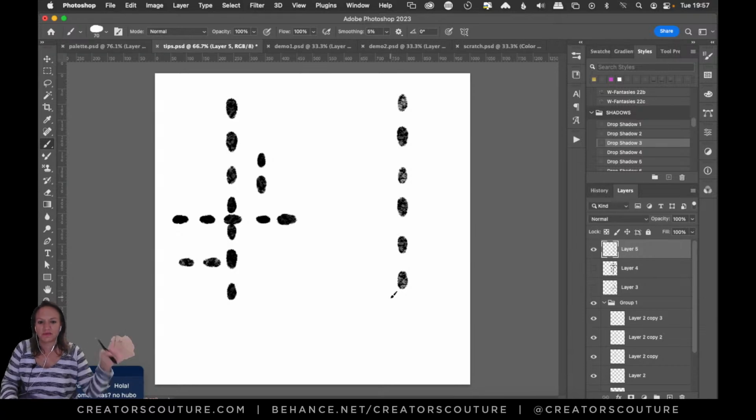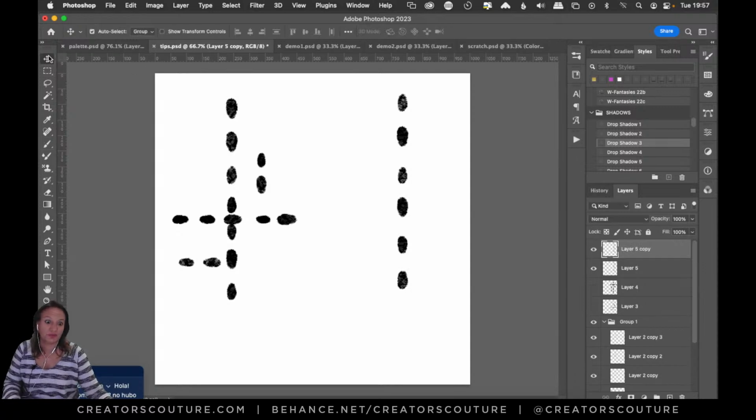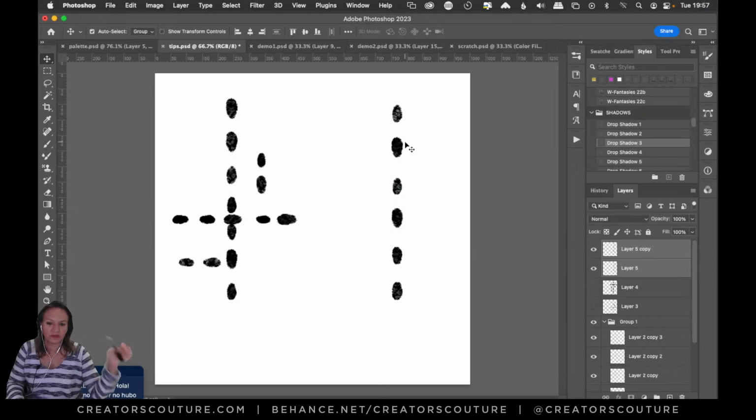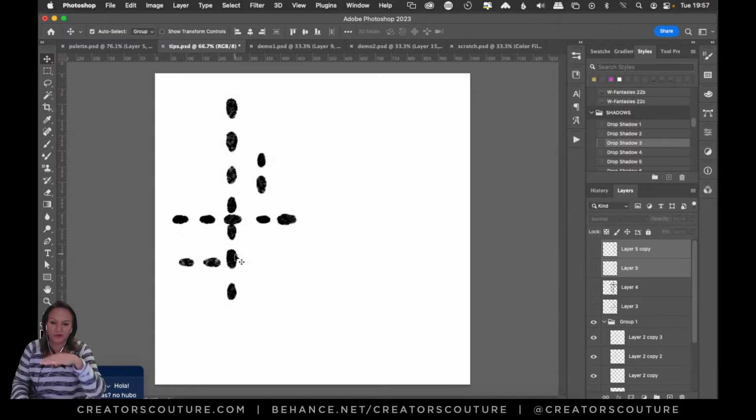But for this, I'm just going to draw one stroke, and then I can duplicate that layer. So I'm just going to Option-drag my layer to make a little bit stronger of a mark and filled in, because whenever I'm making this initial brush mark, I want it to be a bit strong. So I did that, and that's all I did. And so I just drew this little stroke here, and I drew this stroke here. So I wanted one vertical, one horizontal, and then one just a little accent into this quadrant here, and then